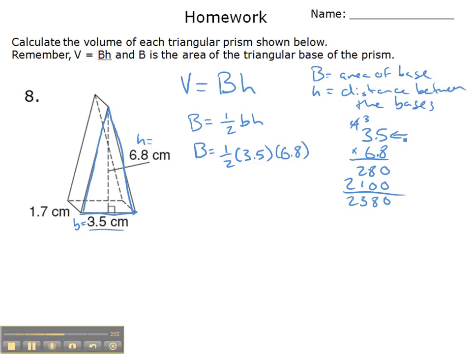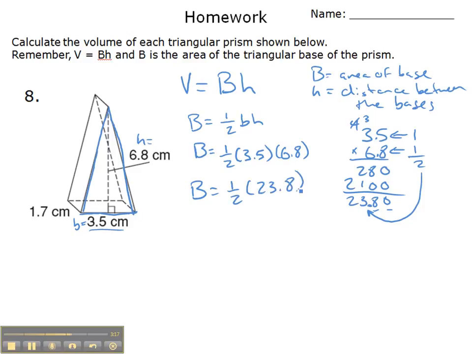2,380, but don't forget the decimal places. There's one decimal place in this factor, one decimal place in this factor, so I need 1 plus 1 or 2 decimal places in my product. So the decimal has to go right there so that there are 2 digits after the decimal. So now I have big B, area of the triangular base, is 1/2 of